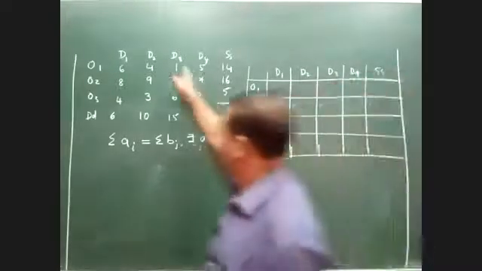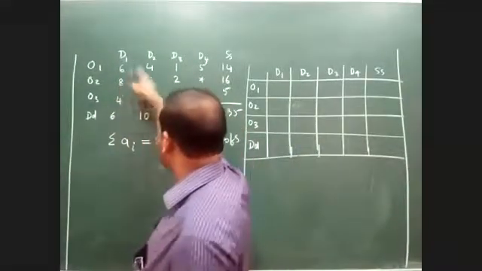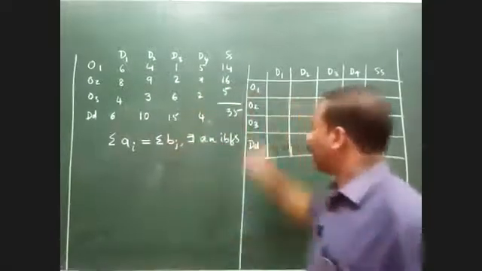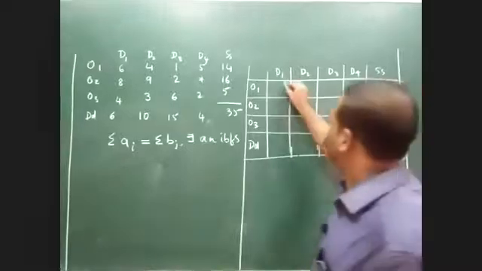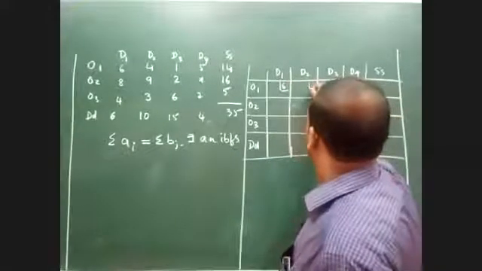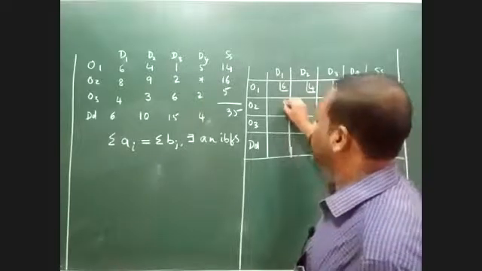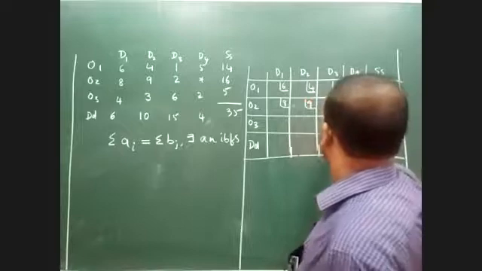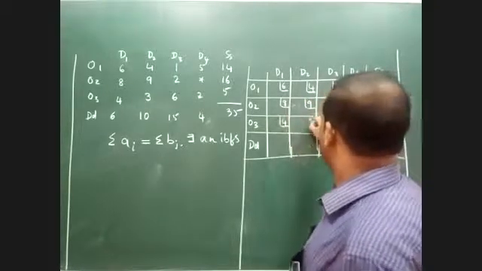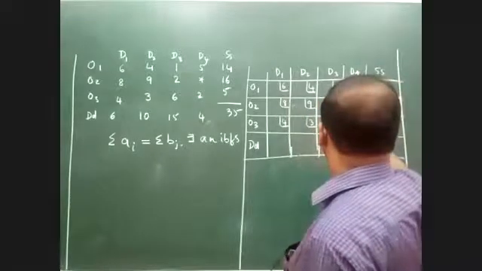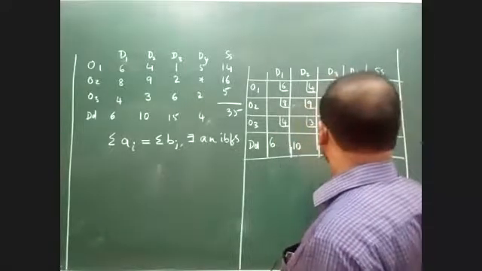Now, whatever values we have, these are called unit transportation costs, leaving the demand and supply. These unit transportation cost values have to be substituted in the table in the lattice squares. I hope you all remember that position. So the first value is 6, and then we have 4, and this is 1, and this is 5. Here it is 8, 9, 2, 7, and then it is 4, then it is 3, 6, and 2. And the demand values are 6, 10, 15, and 4.